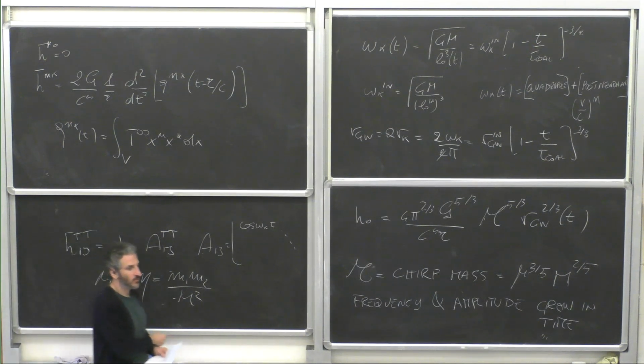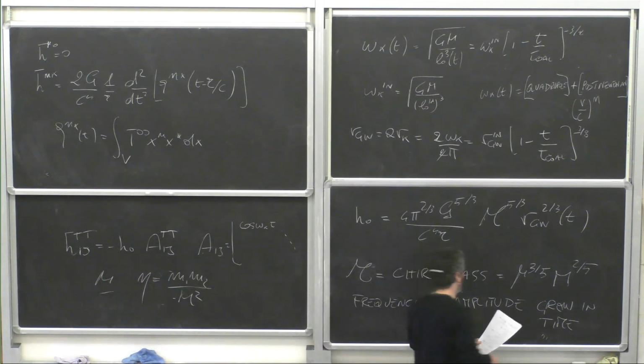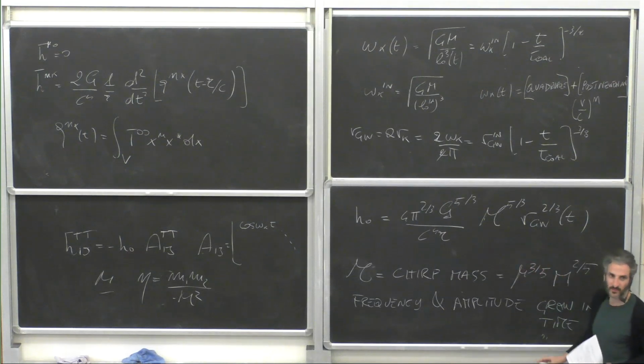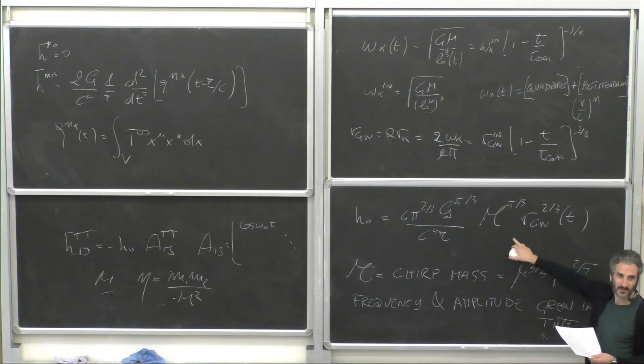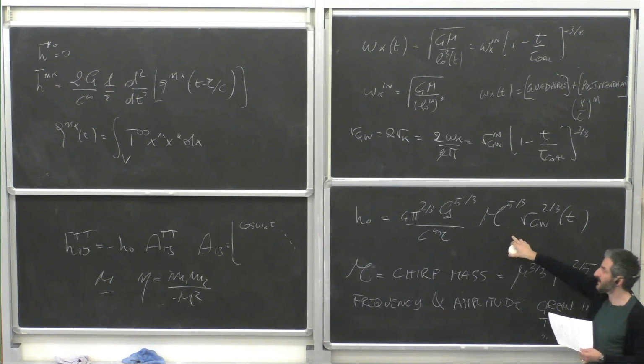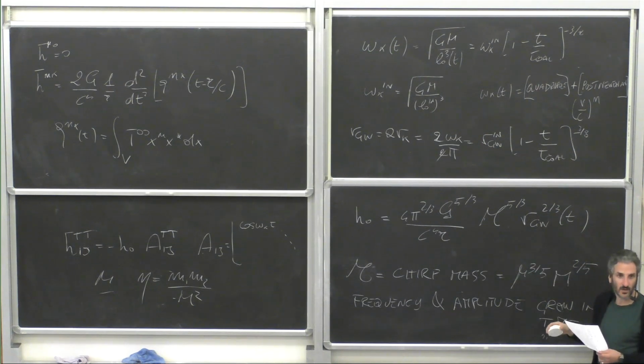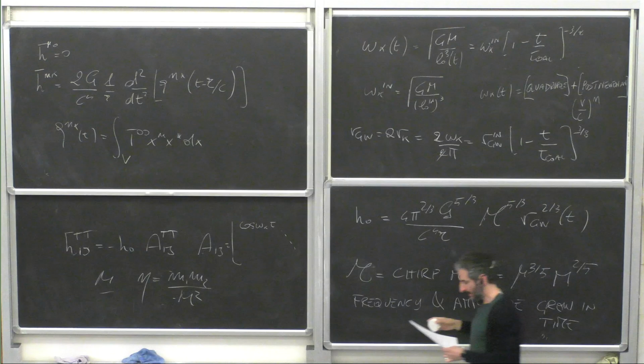Okay, so this is why, if you open the papers, you see that this is the parameter that is measured with the tightest accuracy: it is the term that dominates the amplitude and also the phase of the gravitational wave. All other parameters enter at subdominant order. And indeed,